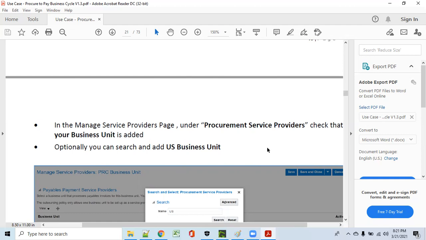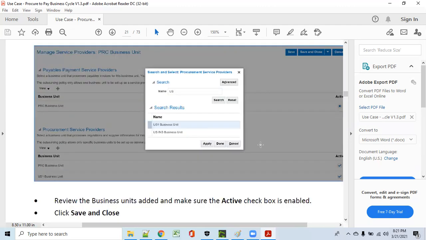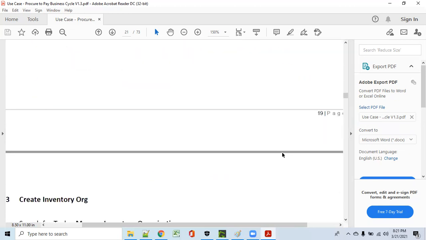So this way we can avoid recruiting buyers for each individual BU. And there are a lot of advantages. Similarly, there will be a lot of pros and cons. So if you have a case like that, then you can make a service provider like this.